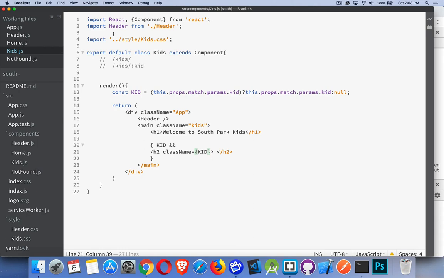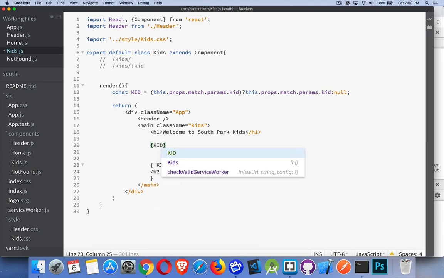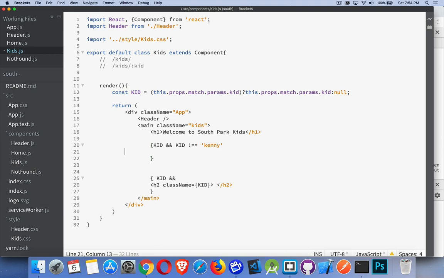Okay, let's go back into our code here. So that part's working. Now what I'd like to do is add some buttons on there and use these buttons to do routing without those link or nav links that you would normally get as part of the React Router DOM. So I'm going to do some more conditional rendering in here, and I'm going to check to see if kid exists and kid does not equal, let's say, Kenny. Then I'm going to create a button